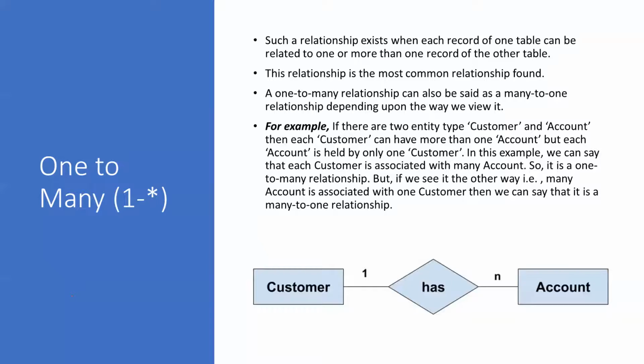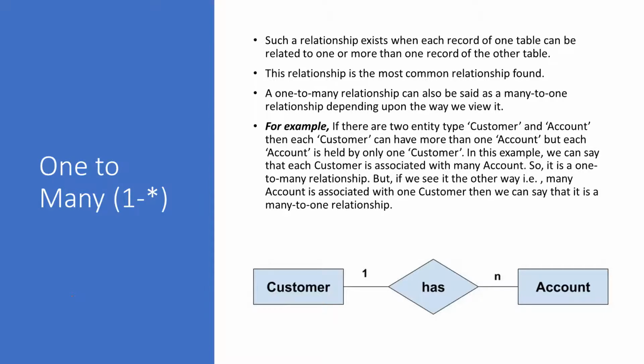So this relationship is the most common relationship found. Whenever we would be working in Power BI with relationships between tables, we would see that this is the most widely used relationship. Because Power BI dashboards and reports generally deal with sales data, right? Customer sales, wherein one customer can place multiple orders. So that again is a one-to-many. One customer can place multiple orders, so there's a one-to-many relationship there as well.